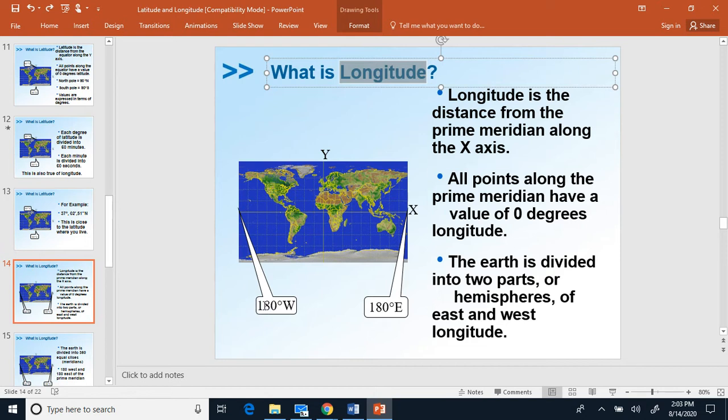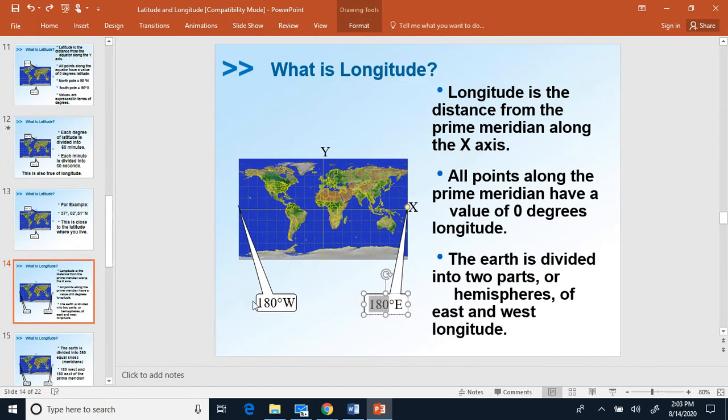We have 180 west as one extreme and 180 east as the other extreme. You notice that we have 180 here instead of 90. The North Pole was 90, the South Pole was 90. Instead, we have 180, 180. What does that tell us? Well, that tells us that the world is more east and west than it is north and south. It's double it. It's kind of double around the east and west than it is from north to south,